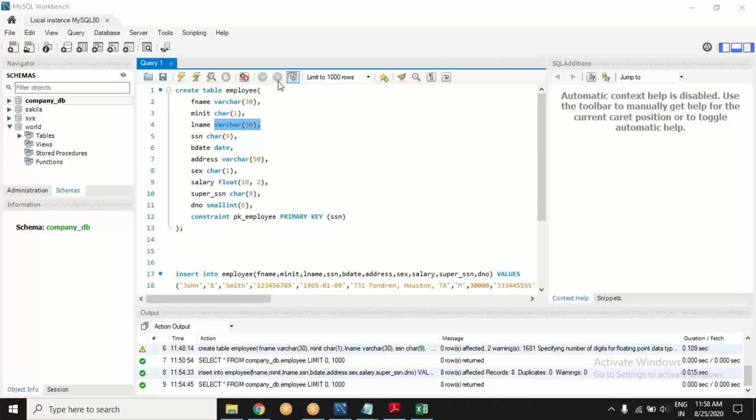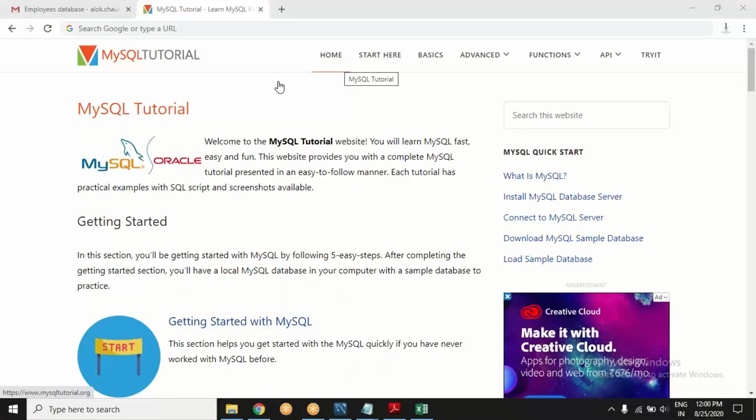So if you face some difficulty, you can refer to this link. Okay, will you give it a try? Try to complete that table and try to bring it to your company database.